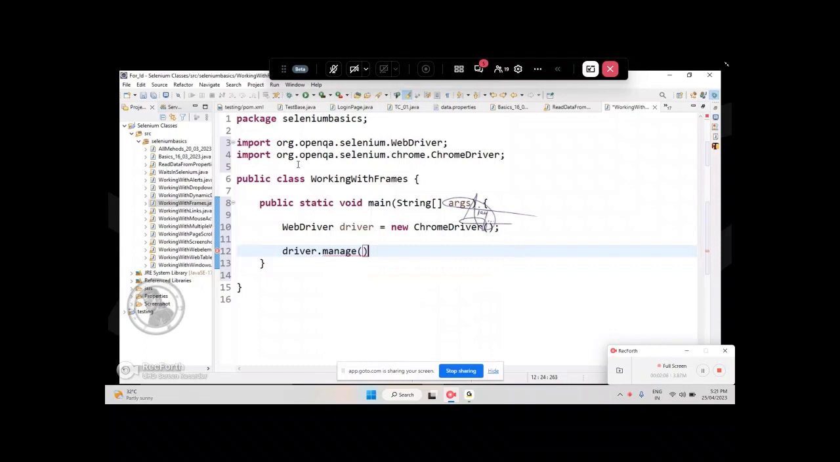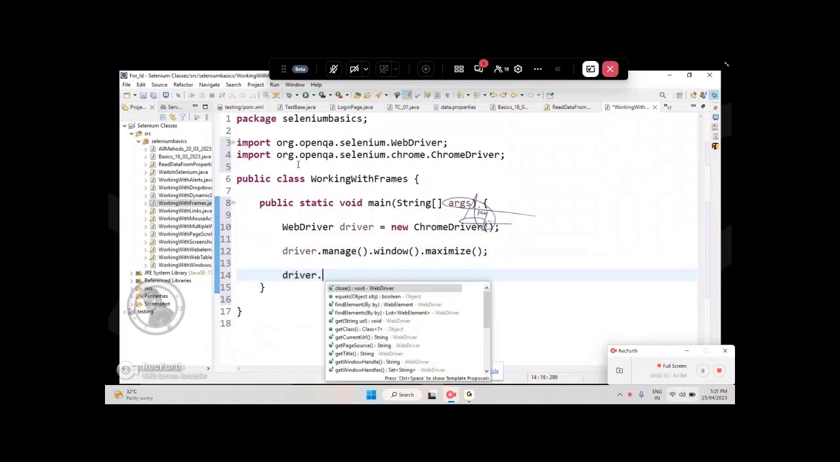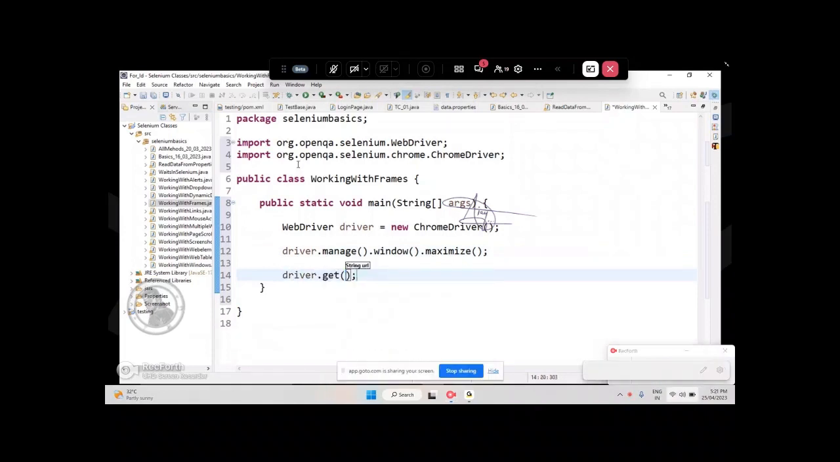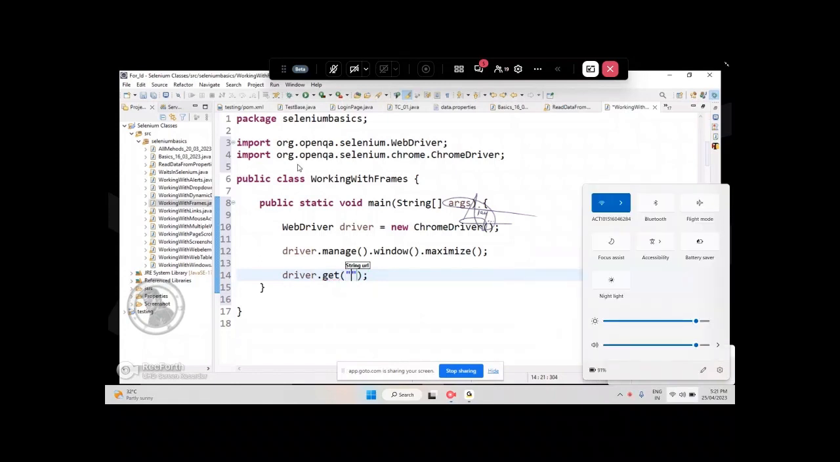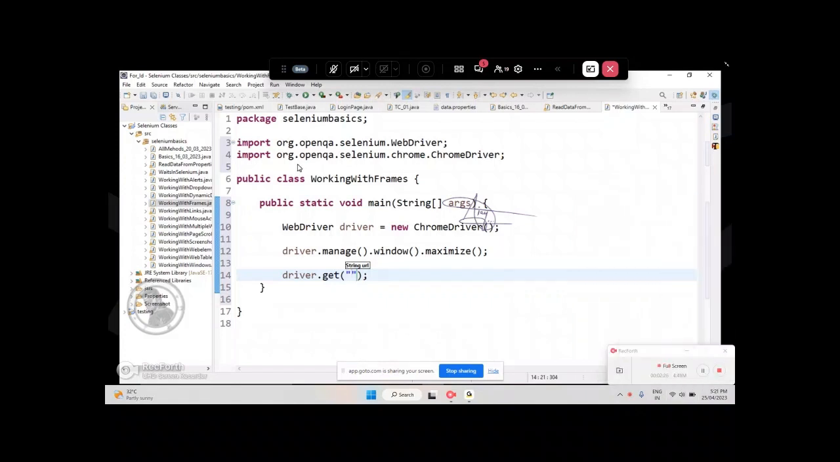So guys, we all know it will launch the browser, and driver dot manage dot window dot maximize. So we all know it will maximize the window. Now I'm using the driver dot get method. Which method is it? Get method. Get, inside the double quotes. Here the URL is